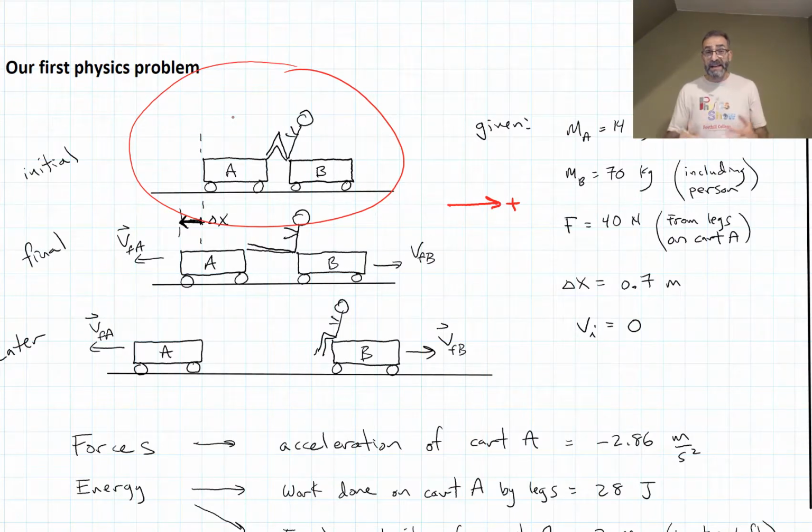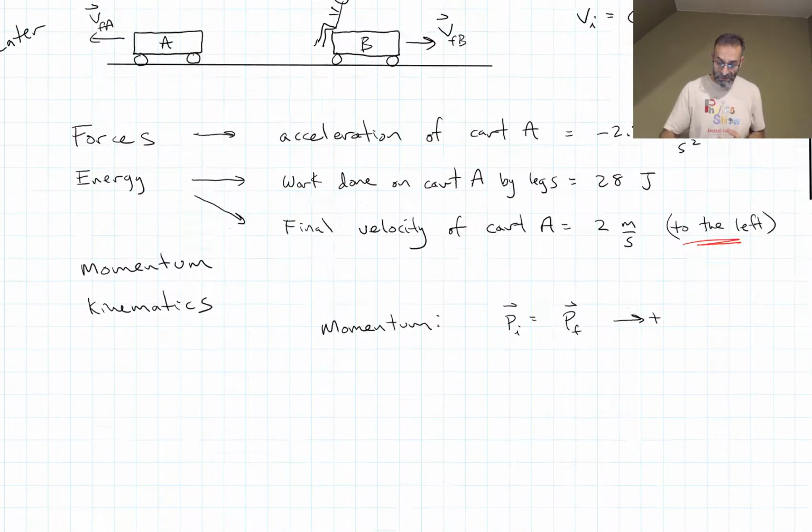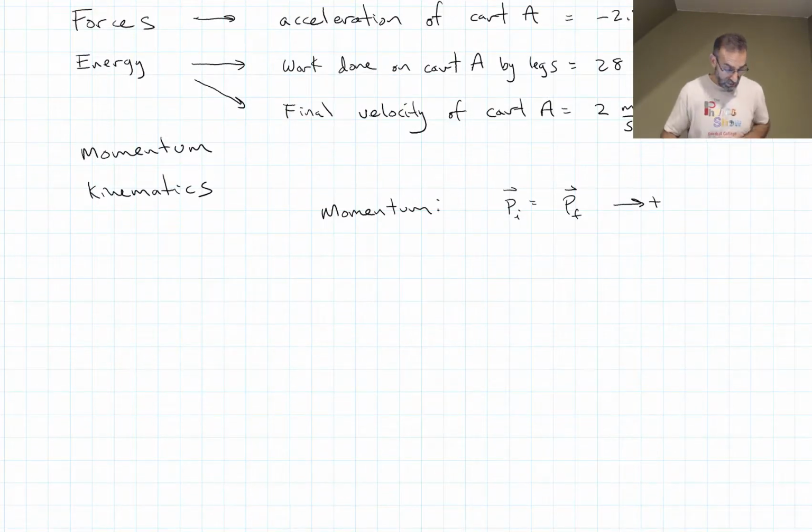Nothing reaches in, and therefore momentum is conserved. So we know that we started out with no momentum. So the initial momentum of cart A plus the initial momentum of cart B, and those are both 0 because nothing was moving initially, has to equal our